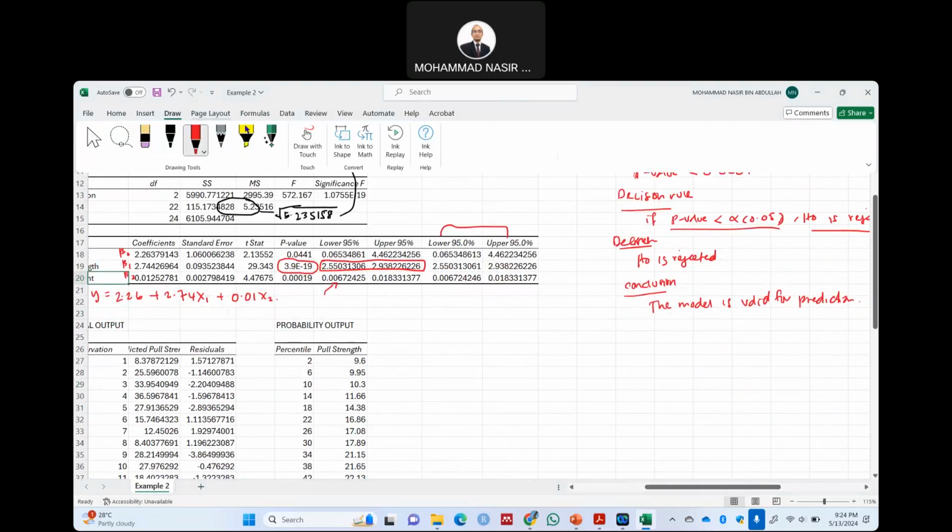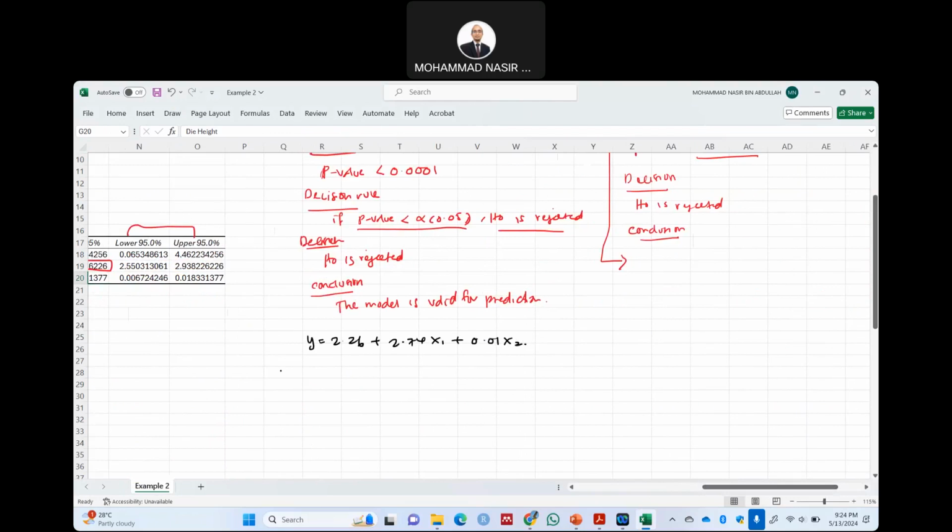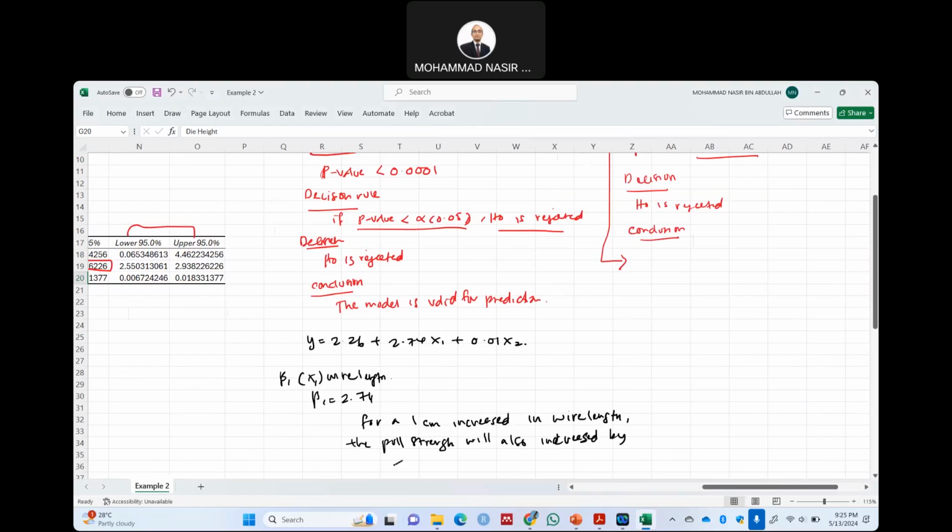So the equation is y equal to 2.26 plus 2.74 x1 plus 0.01 x2. For beta 1, which is x1, wire length, beta 1 equal to 2.74. It means that for one unit increase in wire length, maybe I just made up 1 centimeter, the pull strength will also increase by how much? 2.74,